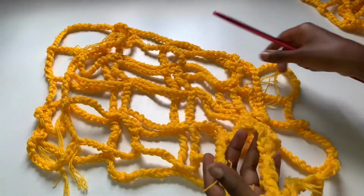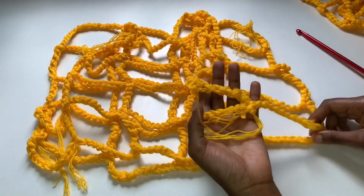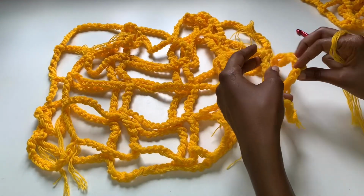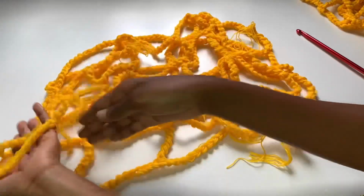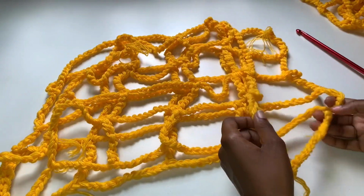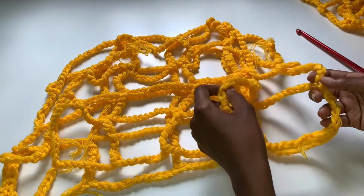So I hope you have something that looks like this, but remember, we need to join 1 box. So to make 1 box, you have to join the next stitches, these 2 together, but still we're gonna join them by chaining 12 and coming. You see the same way I did this side, that is exactly what we are going to do this side, okay? So again, attach your yarn into the next stitch here,